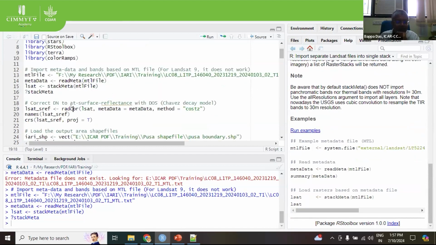Then the important function, that is the radcor function. This will do your atmospheric correction. It will convert your DN value to at-surface reflectance using the DOS algorithm. So if we see what algorithms are available in this,